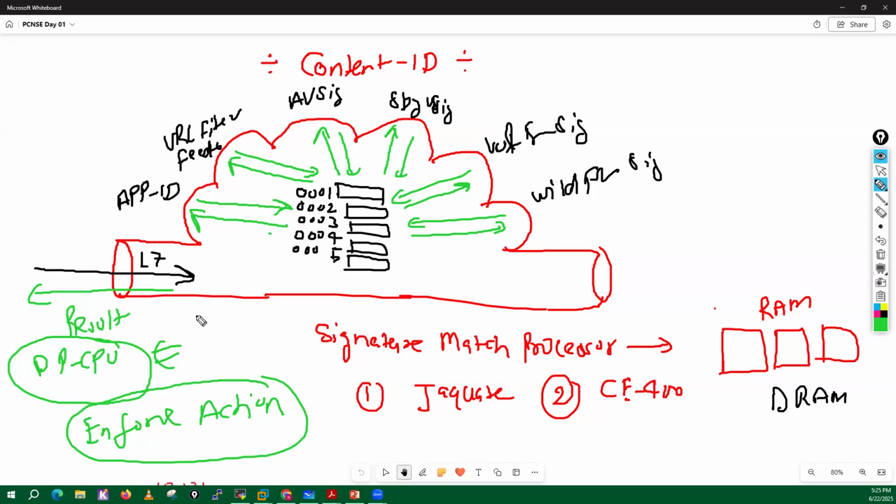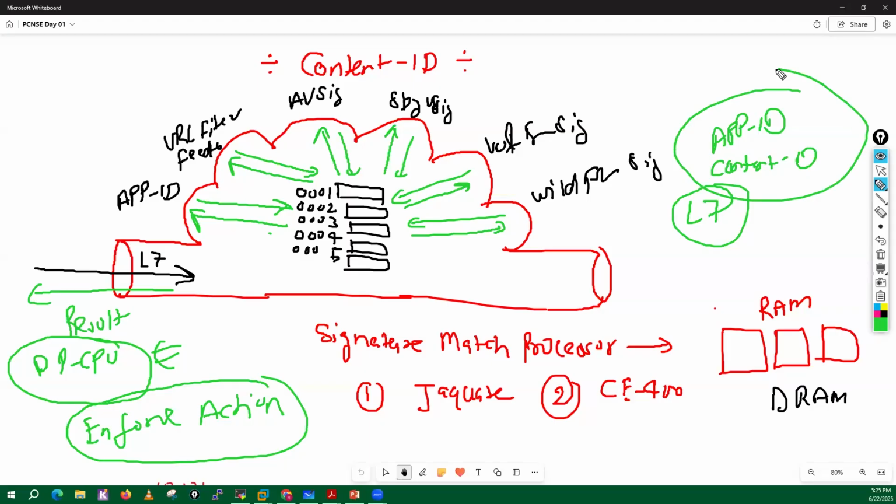So if you observe here, your packet came into the chip only once. We have stored the information in the RAM, and your packet gets processed just once against all the signature databases. This is single pass software, meaning that in a single go your layer 7 processing, with regards to app ID and content ID, is completed.